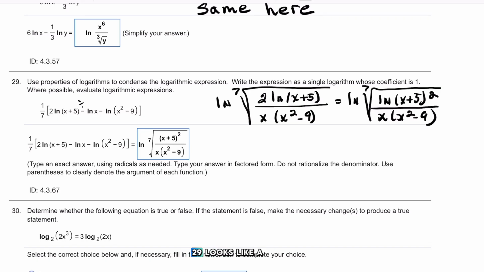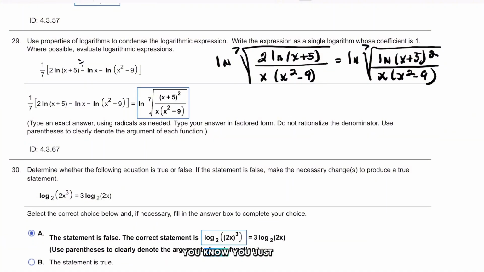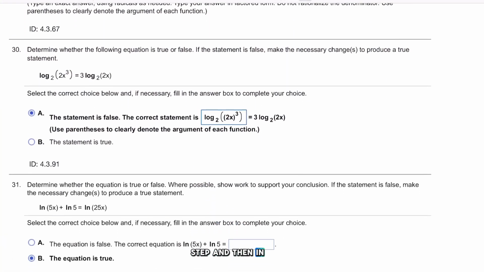And then, of course, 29 looks like a lot, but you just take it step by step. And then in number 30,